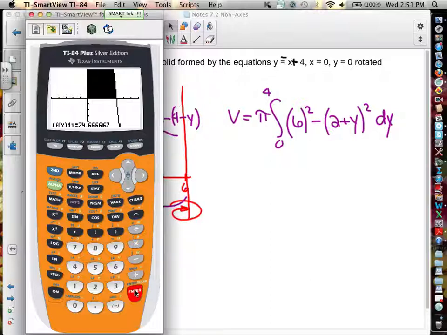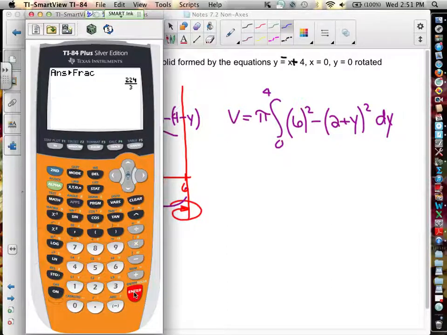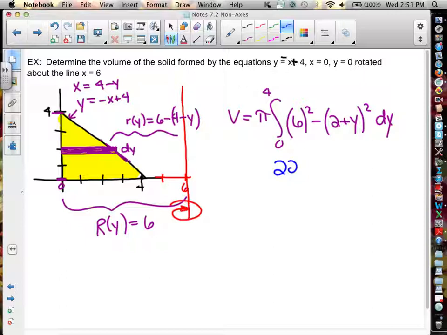It gives me 74.666 that repeats. Let's convert that to a fraction. 224 over 3. So it's going to be 224 over 3, and then this pi out